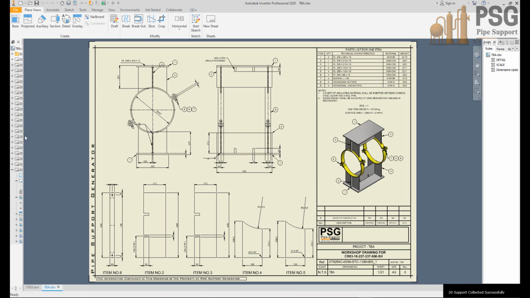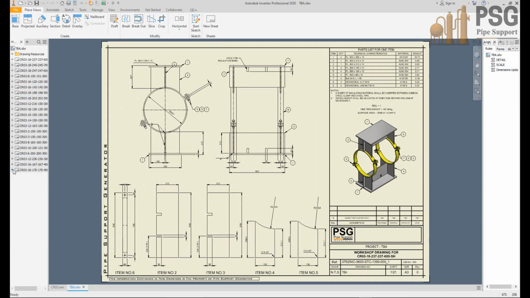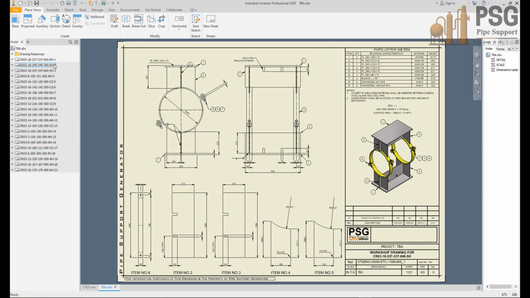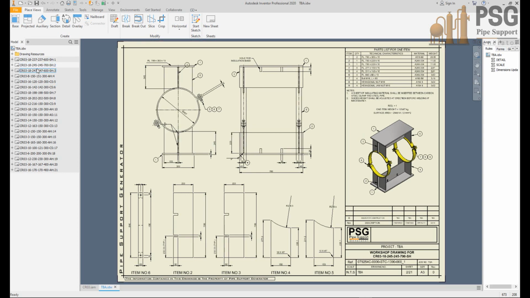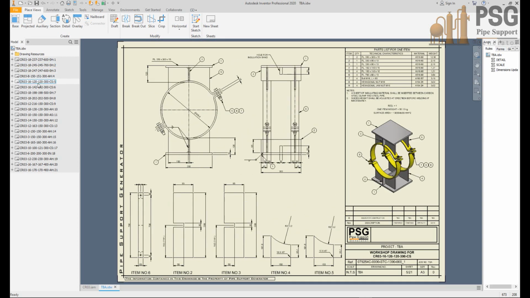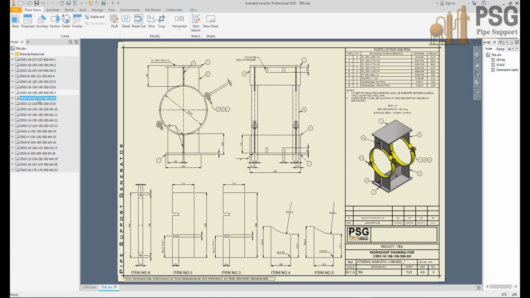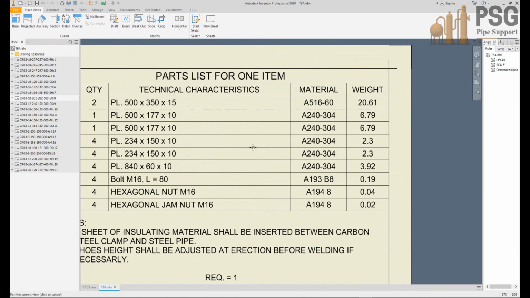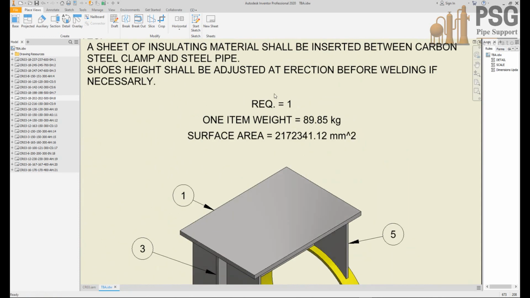Now we create all drawings. And here, as you can see, you have all sheets for each support mark, and each sheet takes the name of the support mark. So easily you can go to your drawing and check the bill of material for this support mark, check the quantity,